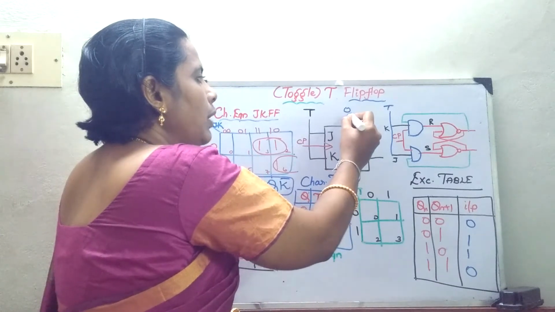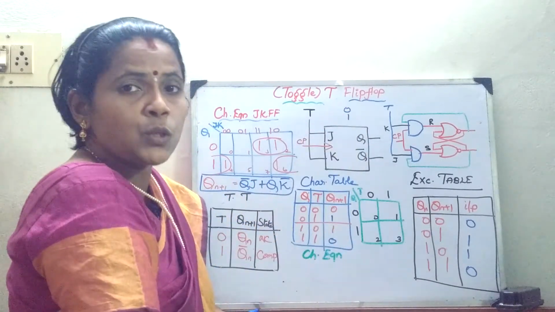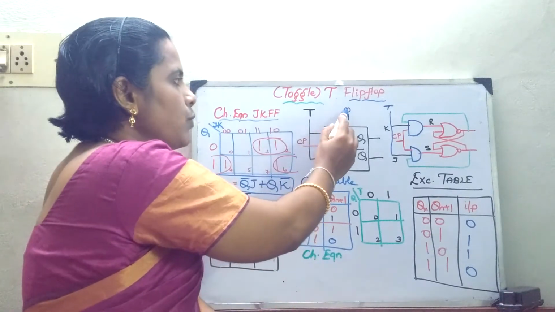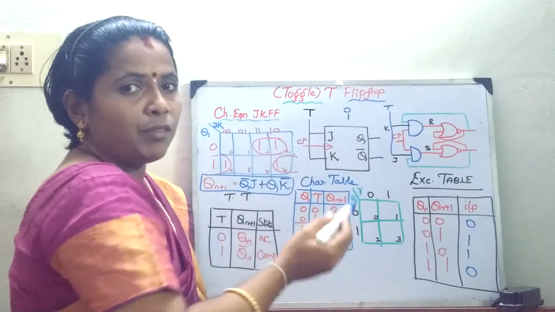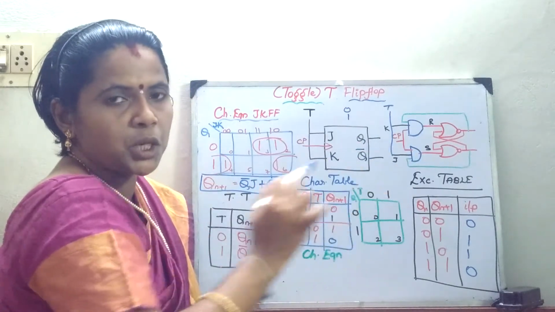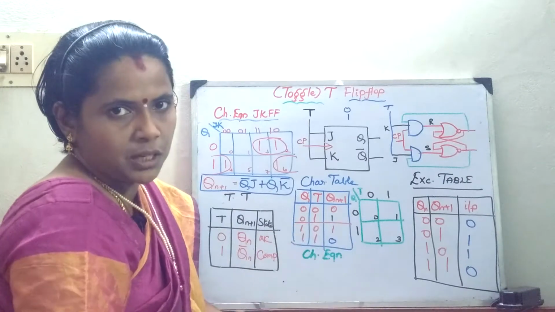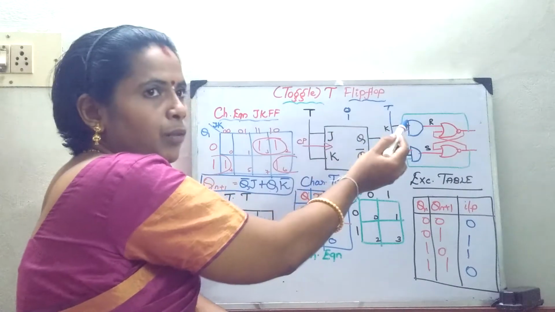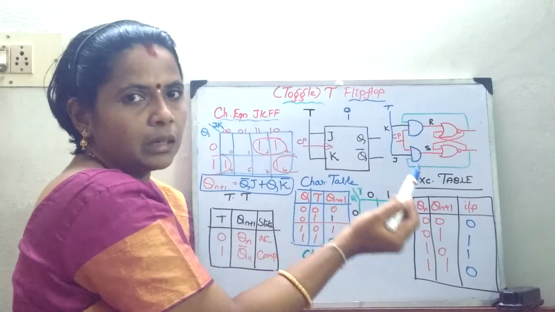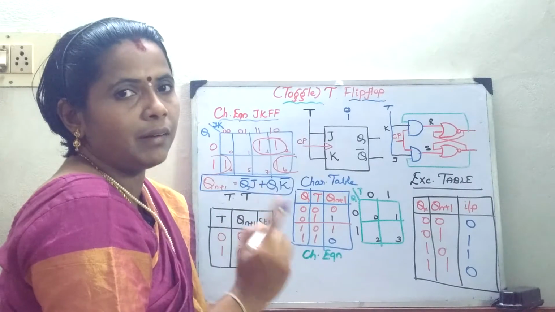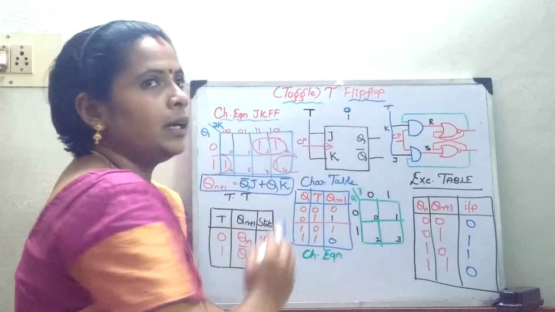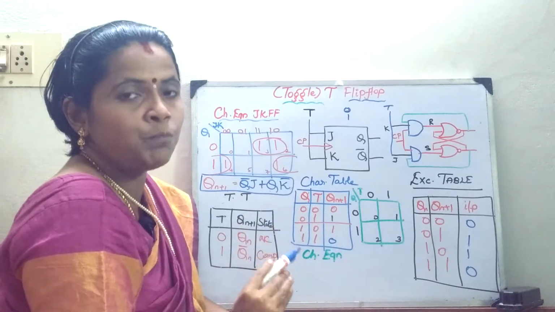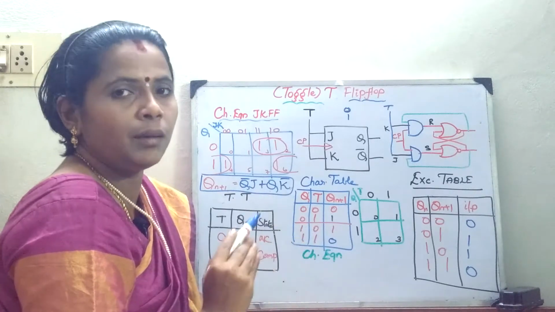Now, T is a single variable, right? So, it can have only either 0 or 1. What does it infer? From the JK flip-flop table, the first condition and the last condition vanish. Whenever I give 0, it is going to reset my flip-flop. Whenever I give 1, it is going to set the flip-flop. So only these set and reset conditions are available in your T flip-flop. Thus, T flip-flop eliminates the race around condition which you see in the JK flip-flop.